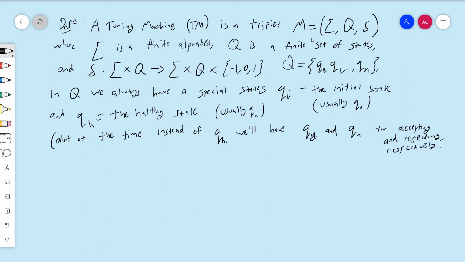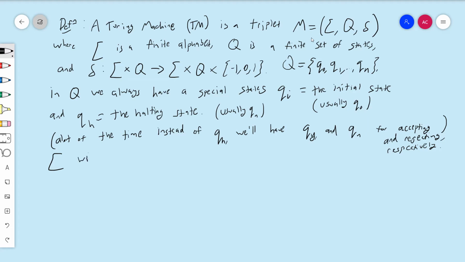So Q yes will be like an accepting state, Q no will be a halting state for yes and no, respectively. And sometimes it'll be convenient to interpret the QY answer as an accepting state rather than program in, delete everything, and replace it with a 1. Again, that's just for convenience, but that'll be the interpretation. Sometimes we'll have 1 state for halting, and sometimes we'll have 2, depending on what we're doing with our Turing machine. Also, sigma